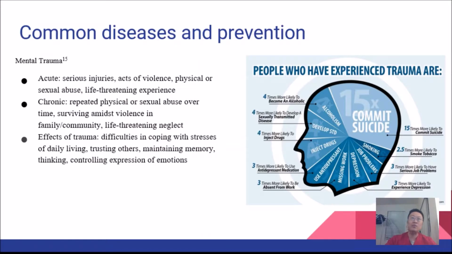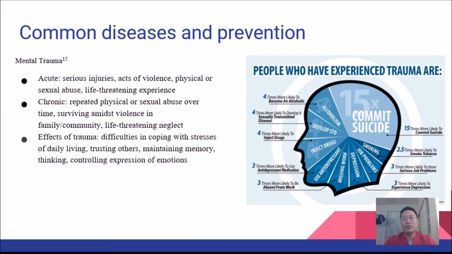So let's talk about mental trauma. Mental trauma can be acute due to acute injuries, acts of violence, physical or sexual abuse, or any life-threatening experience. Mental trauma can also be chronic. It can be due to repeated physical or sexual abuse over time. It can be due to surviving amidst violence in the family or community. It can be due to life-threatening neglect of young children and of older people. The effects of trauma